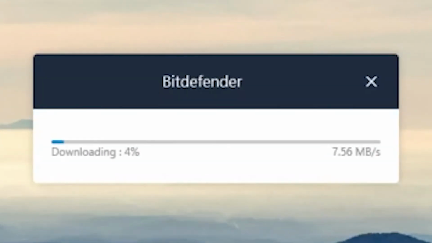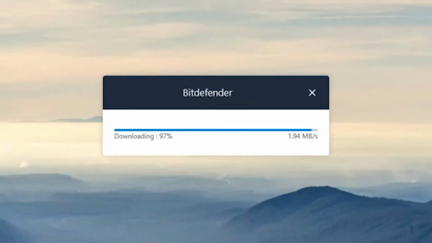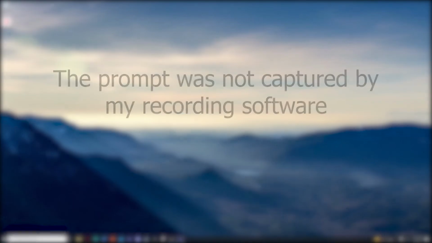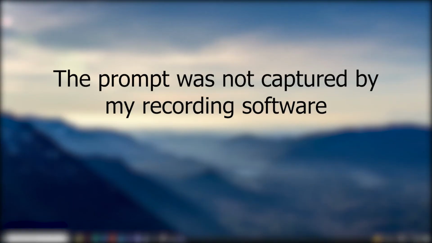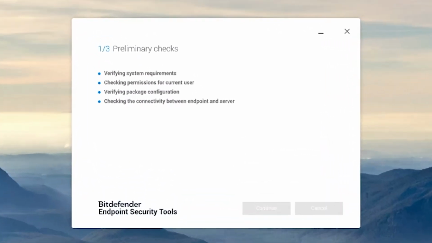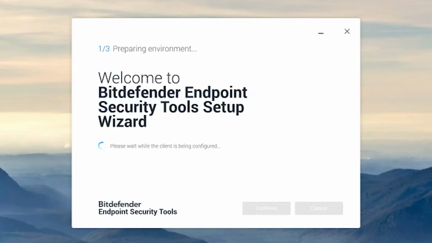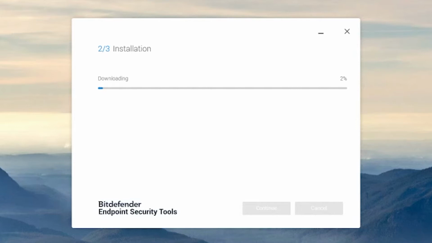As soon as the installer launches, you will be met with a small window displaying a download progress bar. After the installer has completed the download, you will be prompted to allow Bitdefender to make changes to your device. Once you select Allow, you will be met with a slightly larger window while the installer completes the installation of